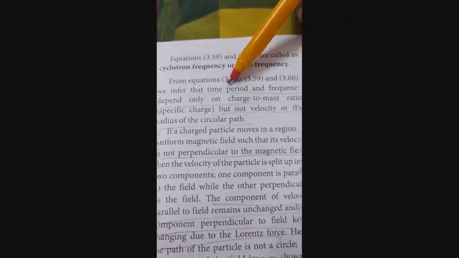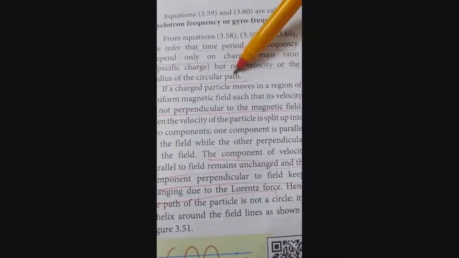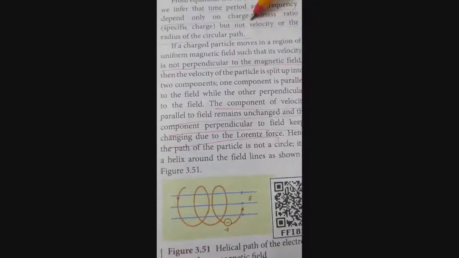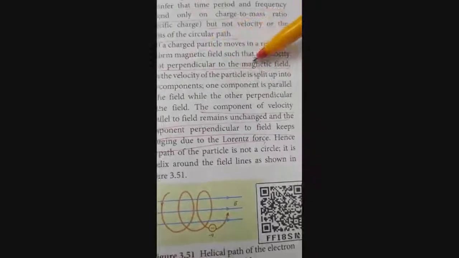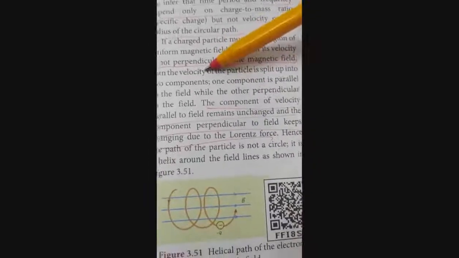Thus you can understand that the frequency derived is called cyclotron frequency or gyro frequency, and as I told you, the time period and frequency depend only on the charge to mass ratio, but not on velocity or radius of the circular path, because these two values are not included in the derived equation. So usually we assumed that the velocity and magnetic field are perpendicular. Suppose the velocity is not perpendicular to the magnetic field, then the velocity is split up into two components, parallel component and perpendicular component. The parallel component will have no